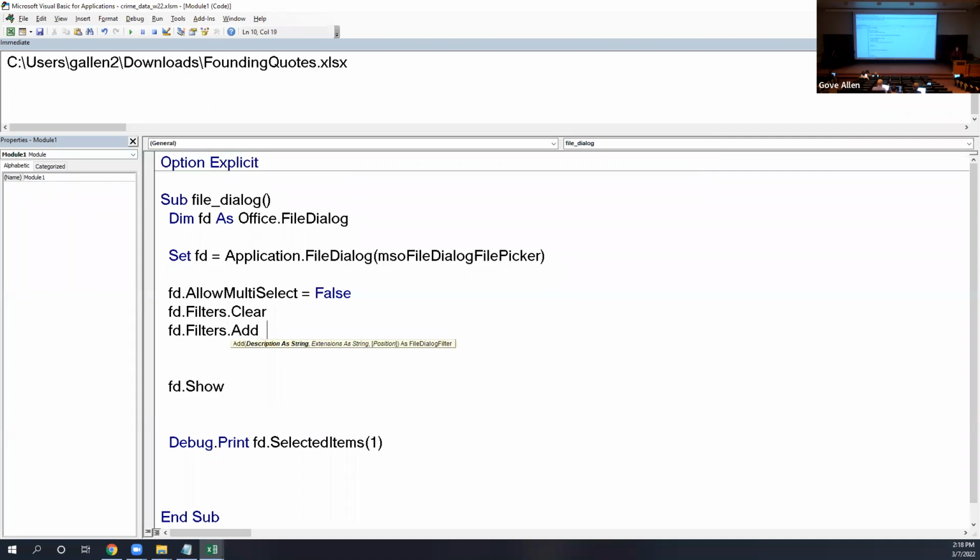fd.filters.add. Now I'm going to give it two arguments here. The first argument is what do I want to display? What's the text that I want to display here? And this I'm going to say Excel files. And then the second one is going to be a comma separated list of wildcard settings that say what files do I want to include here. So for this, that's going to be star.xlsx